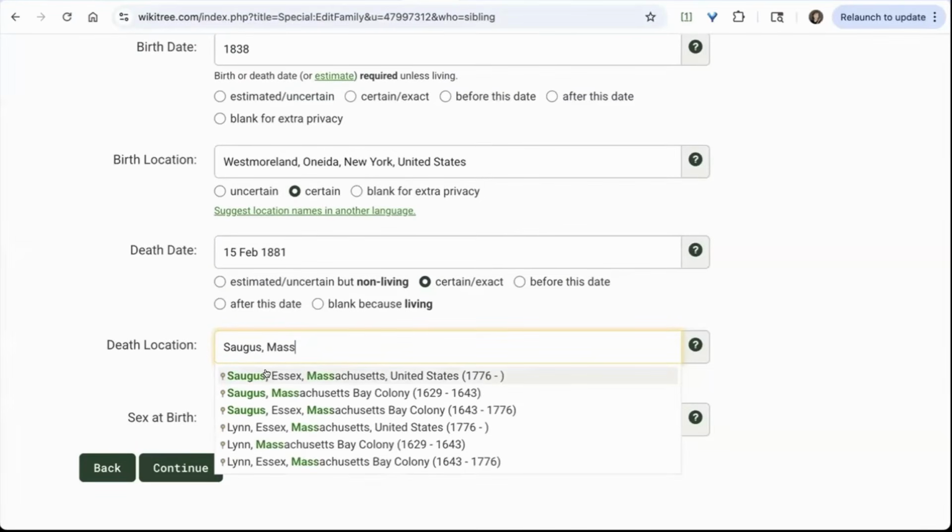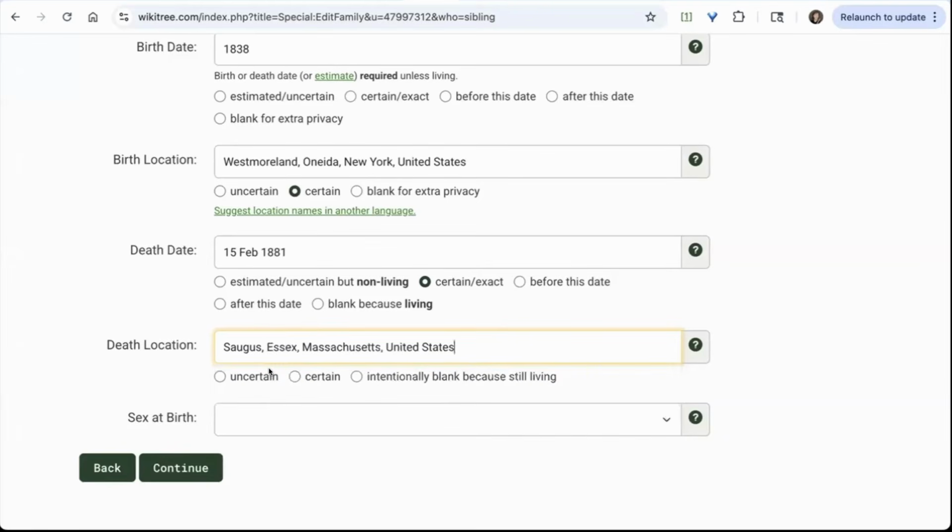Massachusetts. And you'll see that I'm getting here a couple of choices for Saugus, and you want to pick things that are in the appropriate date range, right? I would not want to pick the second entry, which is Saugus, Massachusetts Bay Colony, because we're talking about an event that happened in 1881. So I want to make sure that I pick the one that is 1776 and after. Certain